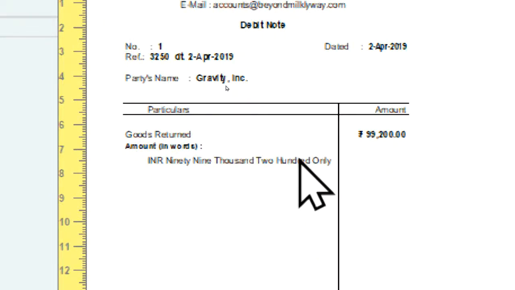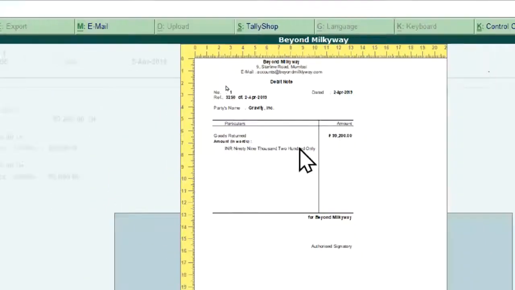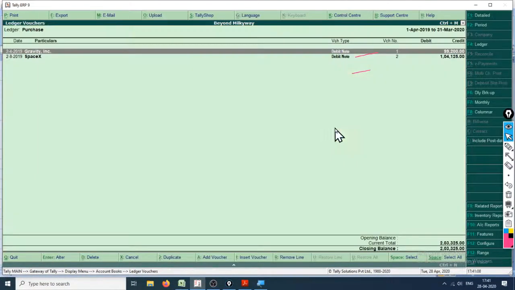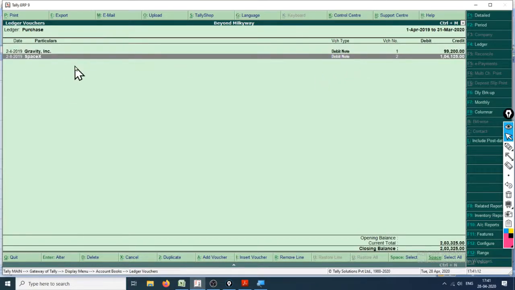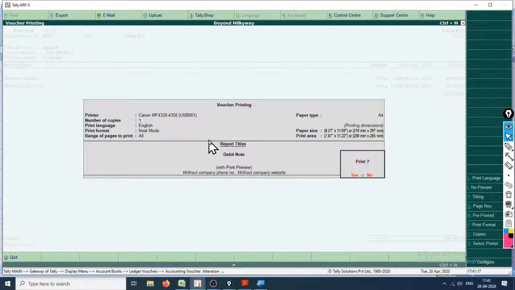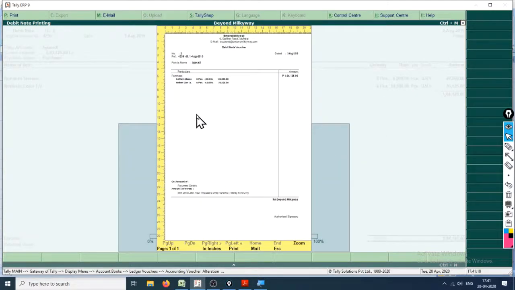So let's now check how the invoice one is. SpaceX. Alt P, yes, and it will give us a print preview.